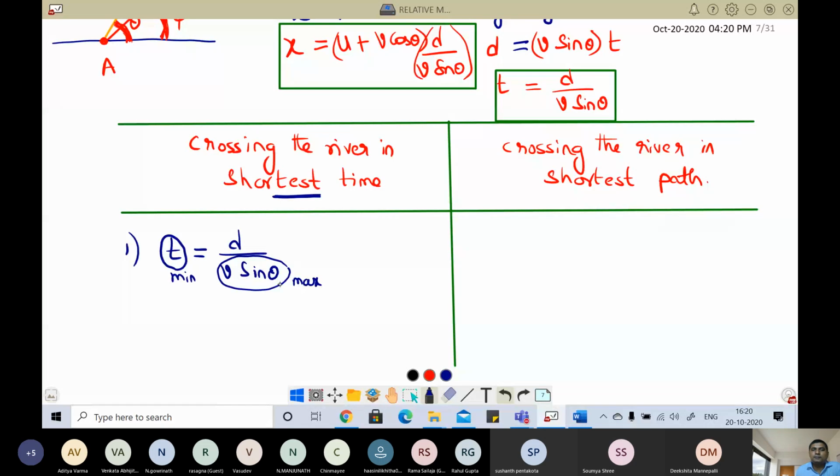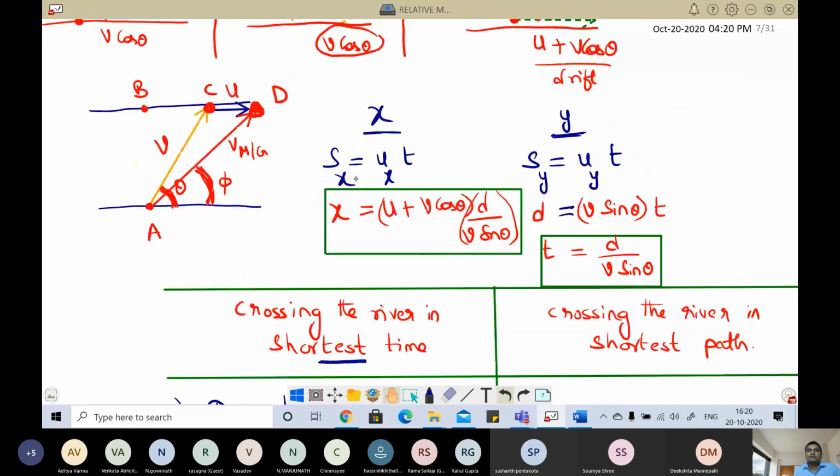So in this, v is constant velocity. V is the velocity of man with respect to river, which is nothing but his effort, which remains constant. So the only variable is theta. So sine theta has to be maximum. So what is the maximum value of sine theta? 1. So therefore theta should be equal to what? 90 degrees.